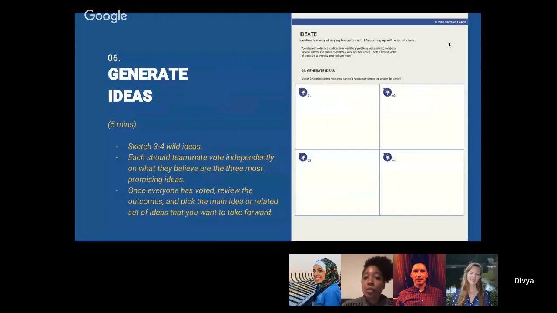And then what you'll do once the team has generated a bunch of ideas, you will sketch out, just like we did yesterday with the morning commute, sketch out your ideas, share with the group the ideas that you generated, and vote on what you believe the most promising 3 ideas are. Once everyone has voted, review what you have, and then what we want you to do is walk away with one main idea that you're going to take forward today to do for your homework over the next few days.